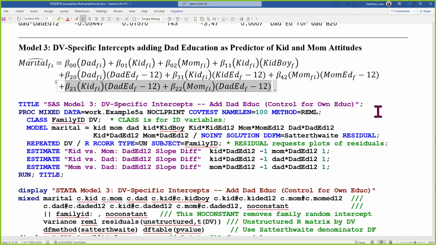So this starts to get into what is referred to as actor-partner models for dyadic data. That's often used for pairs of people, often in relationships, but not necessarily. And the effect of your own predictor on your own outcome is called an actor effect. The effect of someone else's predictor on your outcome is called a partner effect. So these new terms that we've added here would be considered partner effects, even though this is a threesome and not a dyad.